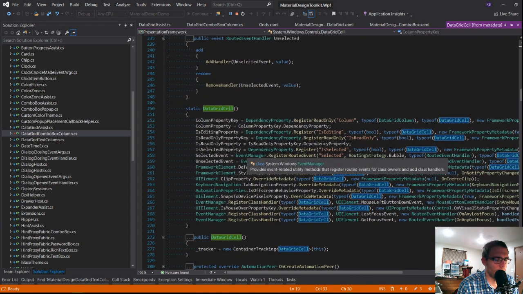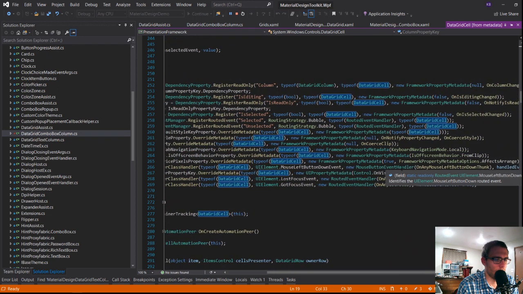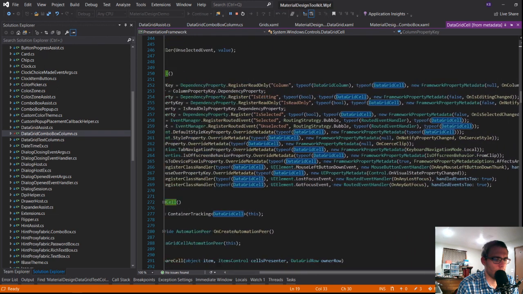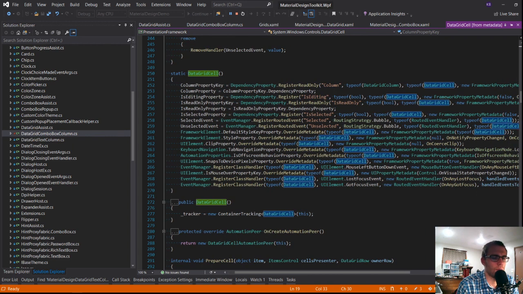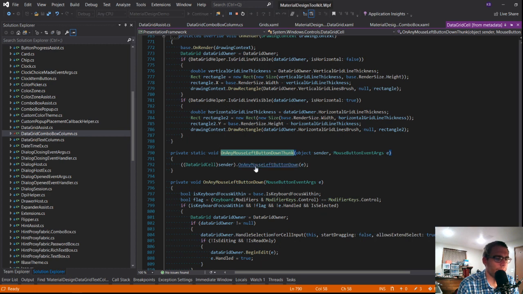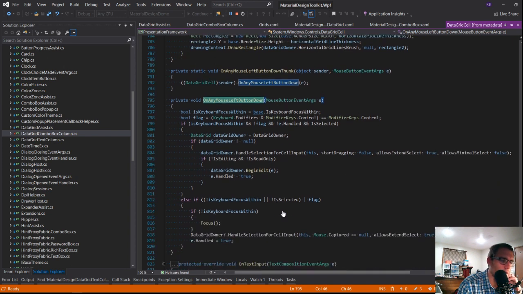Let's see. Editing is read-only. So you watch for left button down. But you don't, wait, what? So you handle selection.